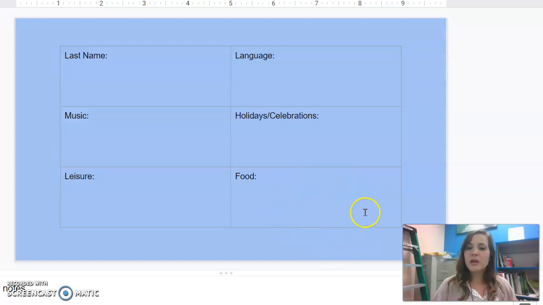And then foods. And now you can think about like your favorite foods at home, but think about maybe some specific foods. Maybe mom or dad, or you have a special recipe that is really treasured for your family, or something that maybe has to do with traditions with food. Like my family